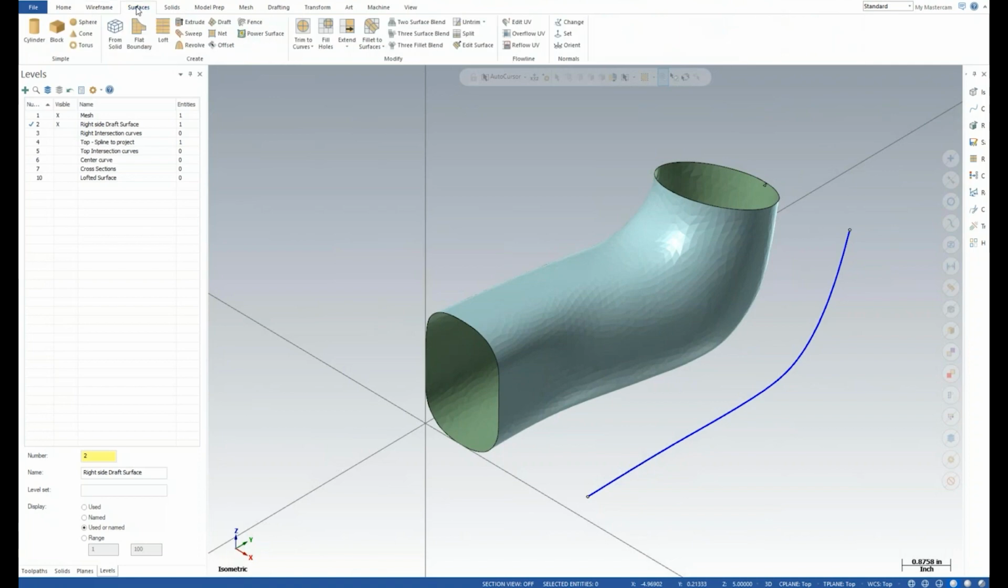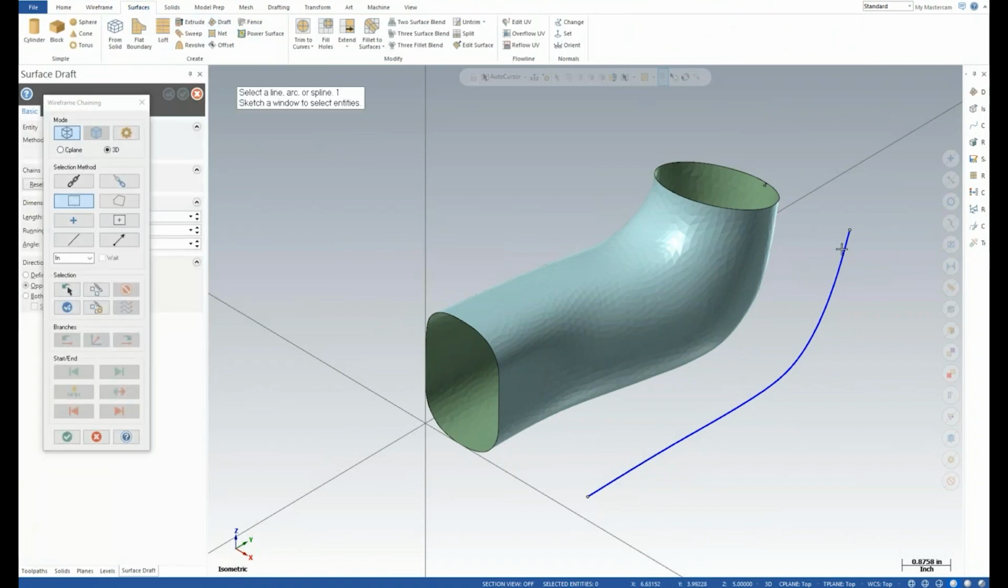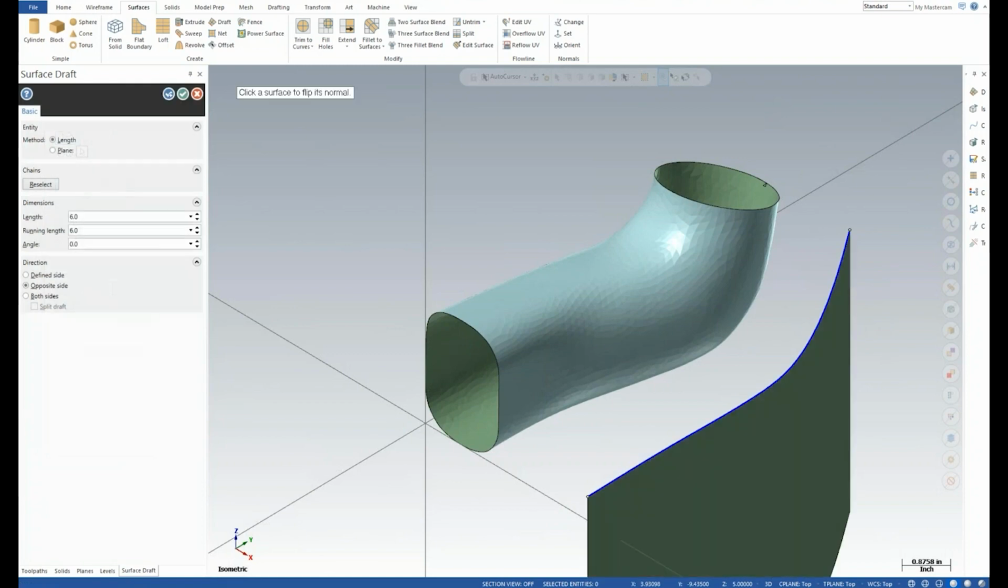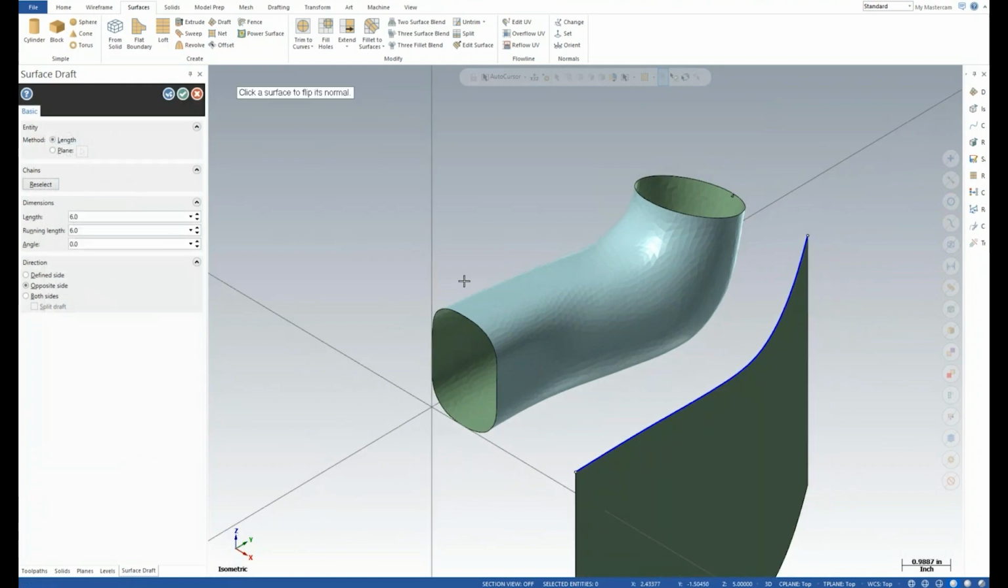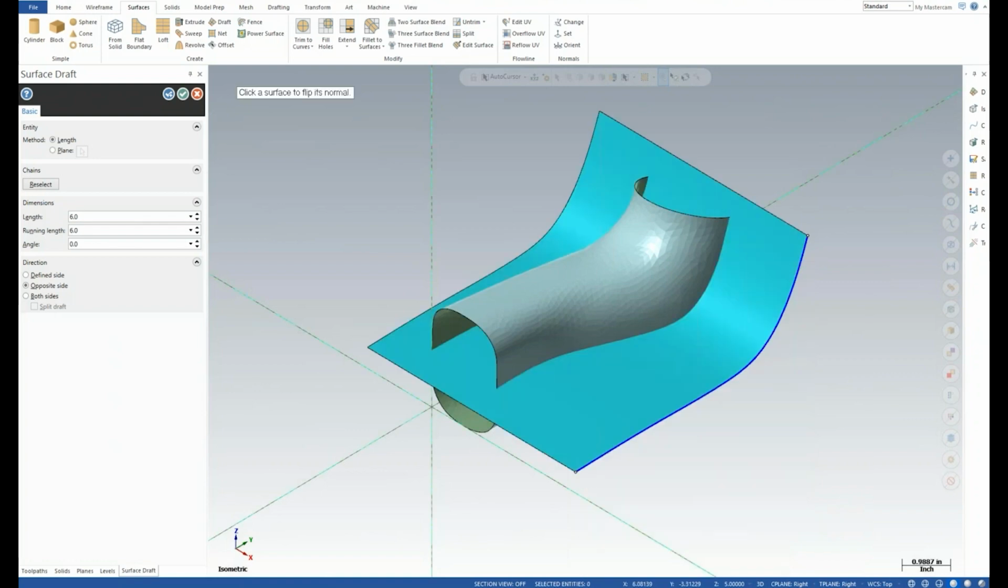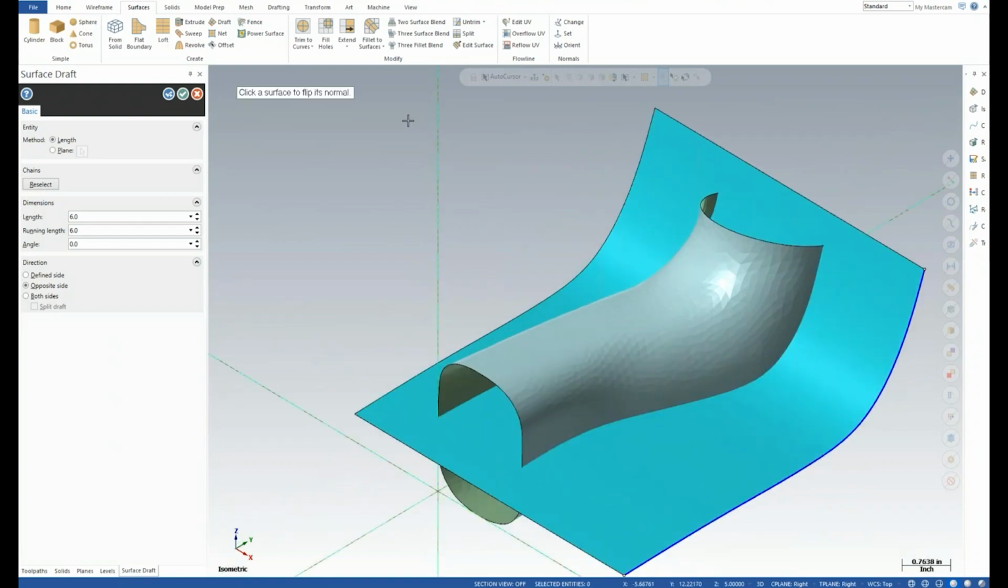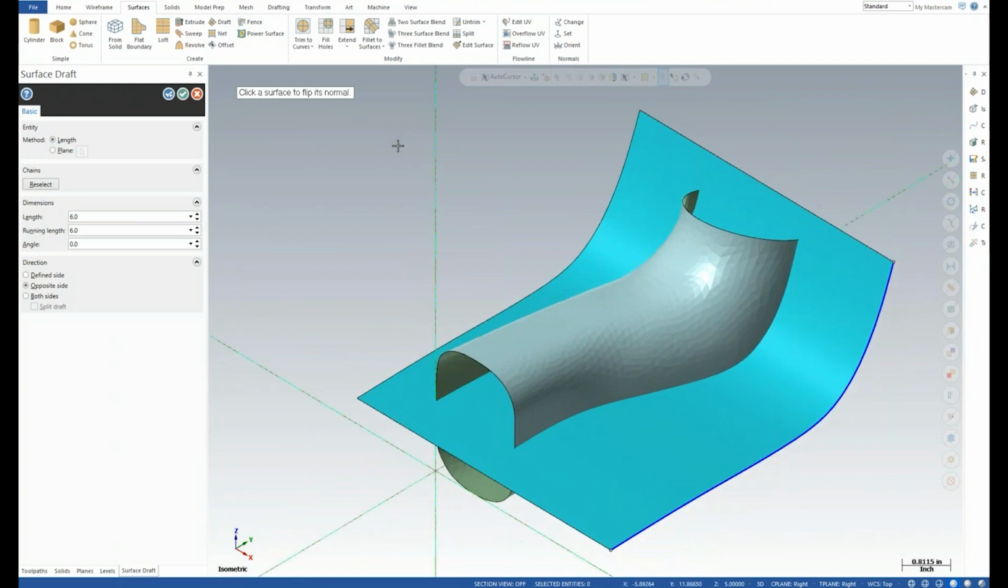So I'm going to jump into surfaces and grab the draft. Go ahead and chain it. Oh, I got it on window. There we go. We'll go back to chain. There we are. Okay. So the first thing you're going to notice is that it created the draft surface, but it's using the construction plane of top. So we're just going to change that to right,